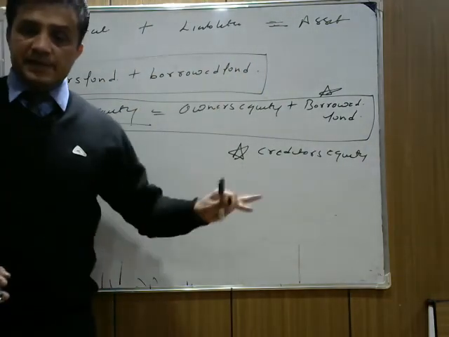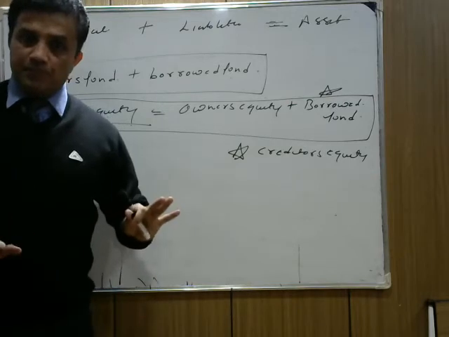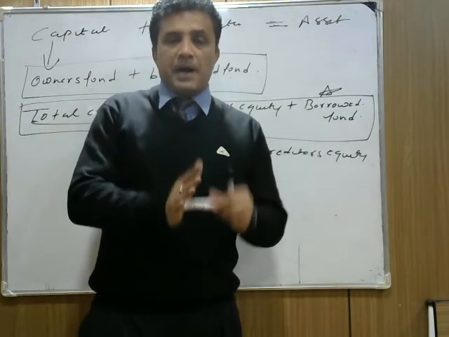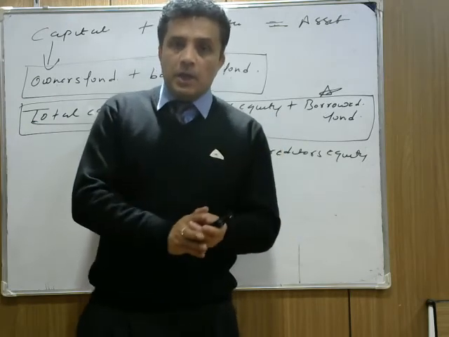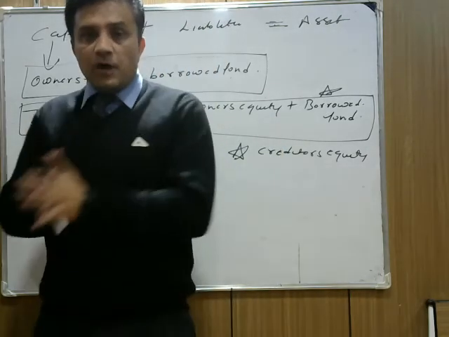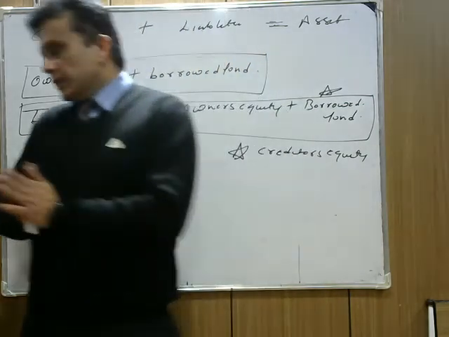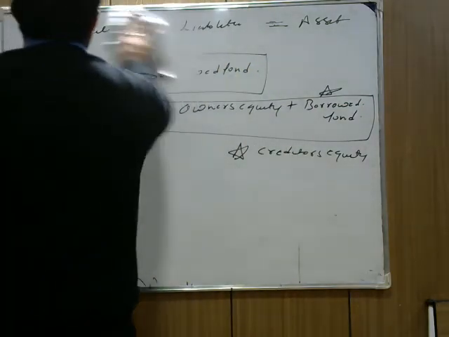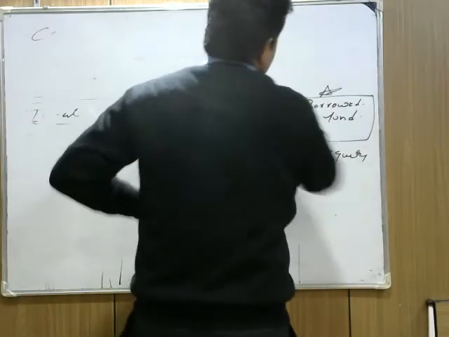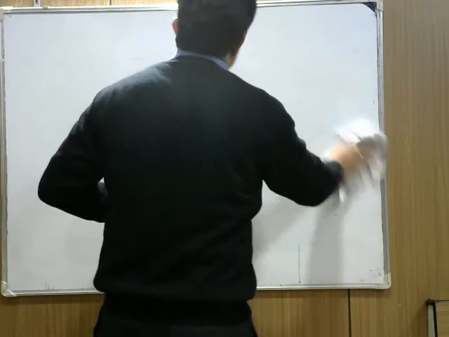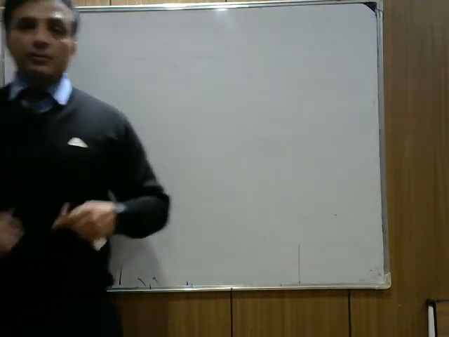So is this thing clear? Sure? Okay, understood? I hope you understand the basic part of the accounting equation, how we put in assets, how transactions come on the liability side, how we put a transaction on the capital side. Now I'll give you a question, note down the question, and then we'll solve it in my next class. You need to solve it and give the answer to me.